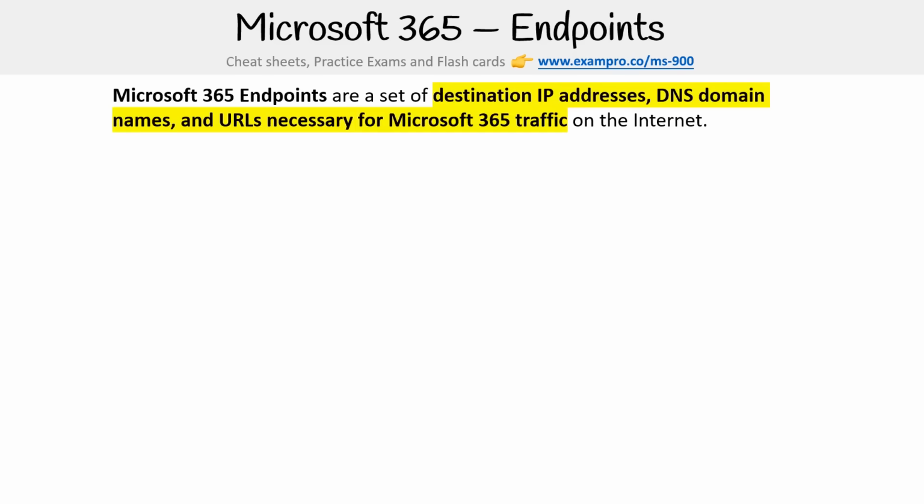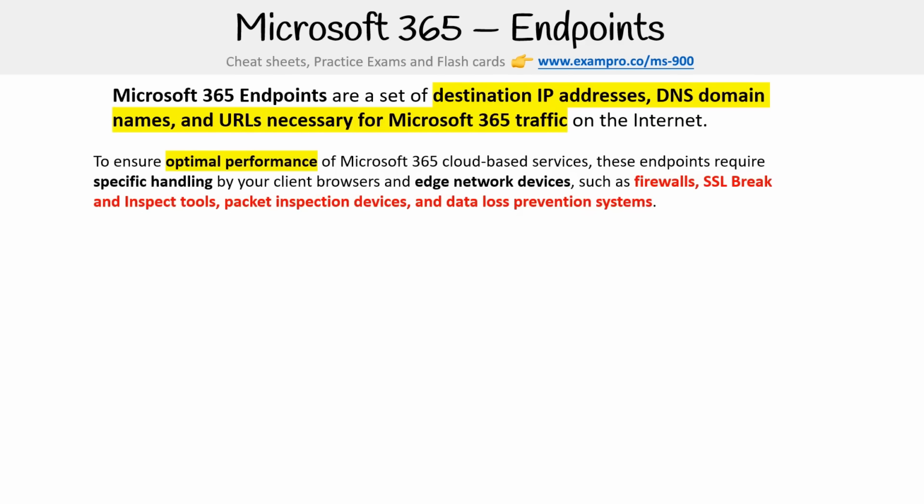Before we begin exploring Microsoft Defender for Endpoint, we'll need to understand what Microsoft 365 endpoints are. Microsoft 365 endpoints are a set of destination IP addresses, DNS domain names, and URLs necessary for Microsoft 365 traffic on the internet. To ensure optimal performance of Microsoft 365 cloud-based services, these endpoints require specific handling by your client browsers and edge network devices, such as firewalls, SSL break and inspect tools, packet inspection devices, and data loss